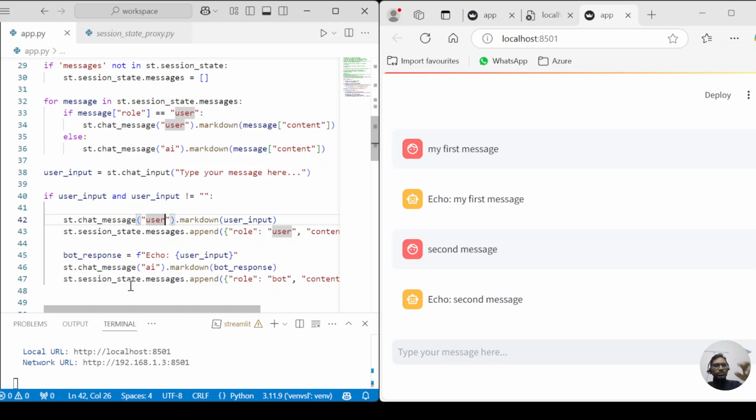Hello everyone. So let's talk about another concept, which is how to create streaming applications. Streaming means, as you know, when the large language models generate the response, it is token by token. And if you want to show the response from the LLMs in the form of streaming, then your UI should